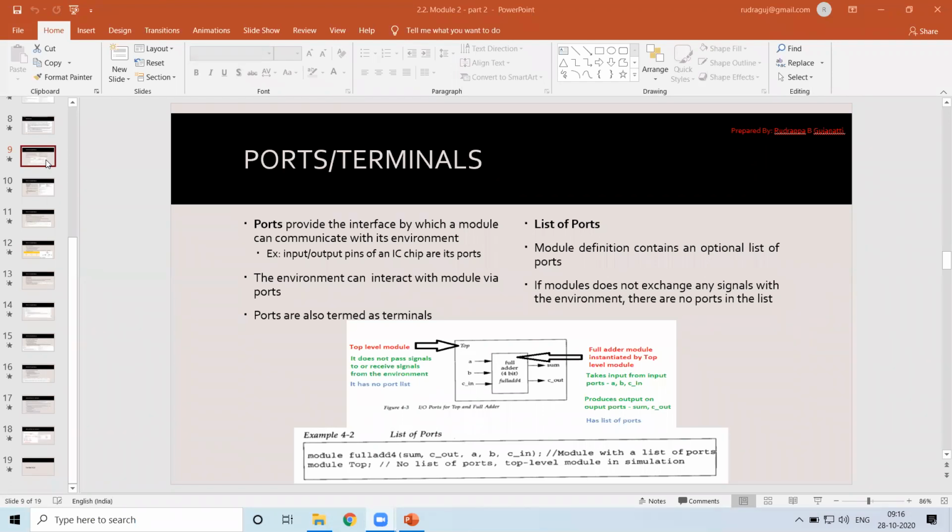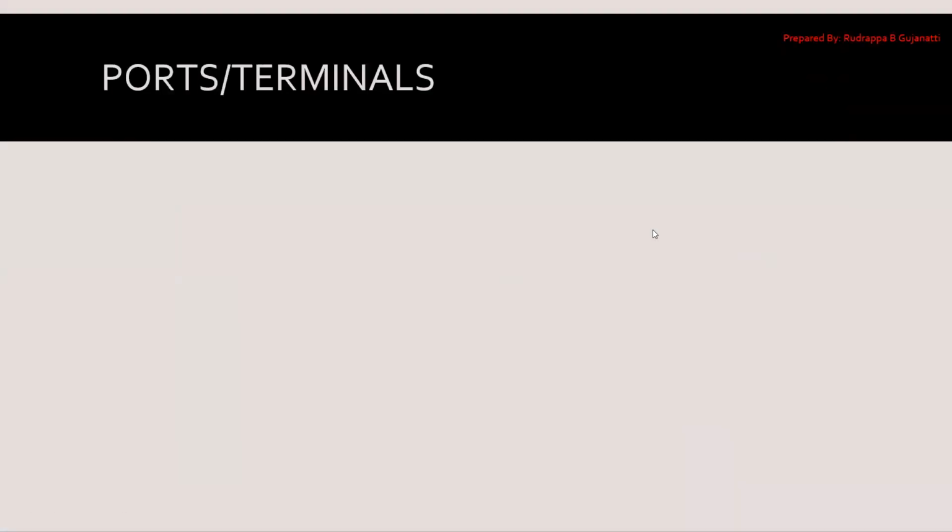So one important thing which comes around with the modules is the ports or the terminal list. Sometimes ports are also termed as terminals, so invariably these terms will be utilized. Ports basically provide an interface for the module which you have developed.